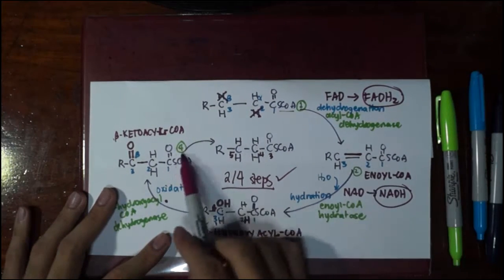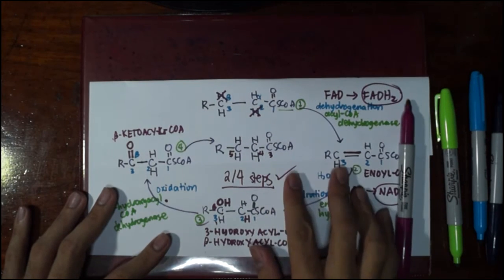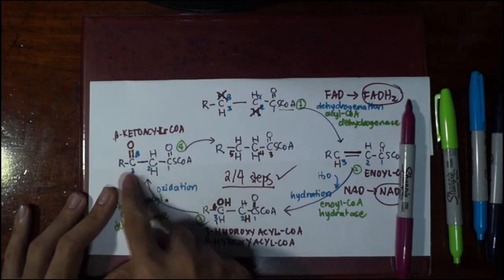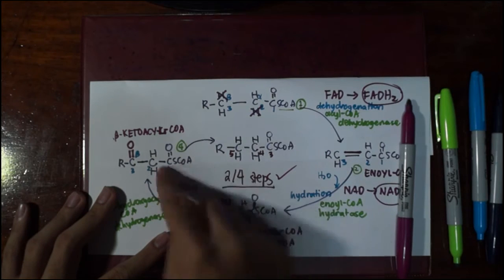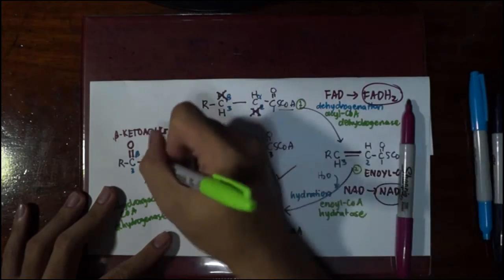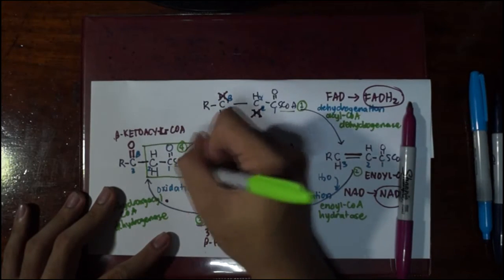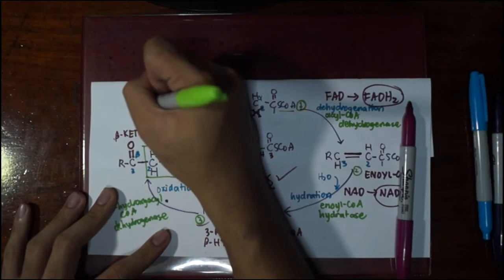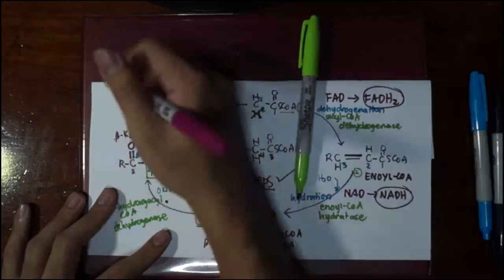Anyway, we're not yet done. We're at step number 4. What happens is not obvious at first, but I want you to look at the numbers. We started off with carbon number 1, 2, 3, right? But here we ended up with 3, 4, 5. And what's missing is 1 and 2. Where did 1 and 2 go? Actually, 1 and 2, along with the original coenzyme A, were released as, what is this? 2 carbons with a coenzyme A. Yes, my friends, this one is